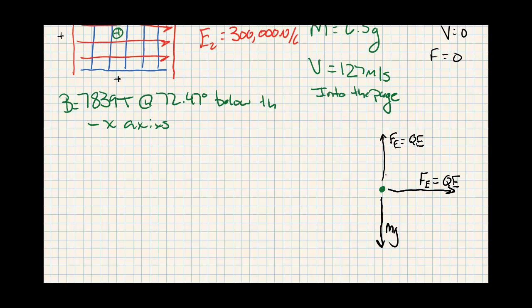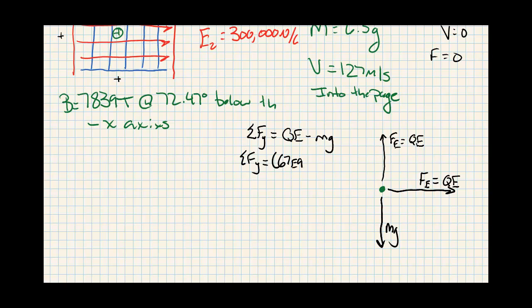So first we have to sum all the forces. Well, let's start by summing our forces in the Y direction. Sum of forces in the Y. All of our forces in the Y direction is QE up, so that's positive, minus mg. Okay, so that means that sum of forces in the y equals